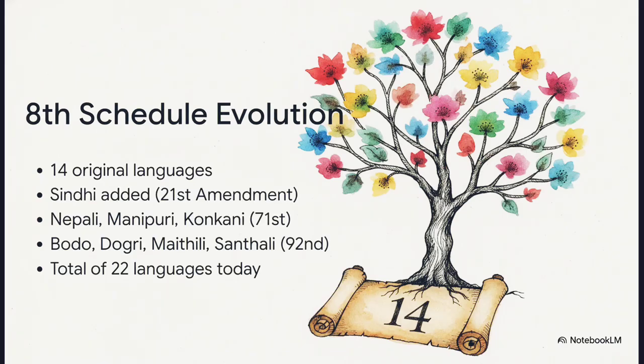And this commitment to diversity is perfectly captured in the Constitution's 8th schedule. It is very much a living, breathing document. When the Constitution was first adopted, it recognized 14 major languages. But as the nation grew and different linguistic groups voiced their identities, the Constitution was amended time and time again. Today, it proudly recognizes 22 distinct languages, making room for the incredibly diverse voices across the subcontinent.